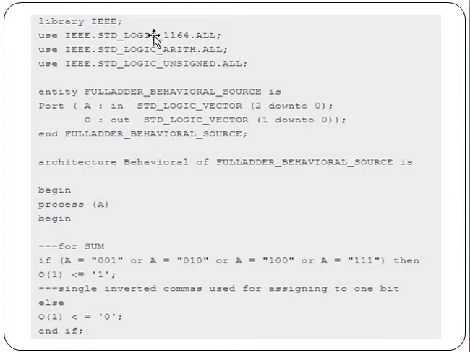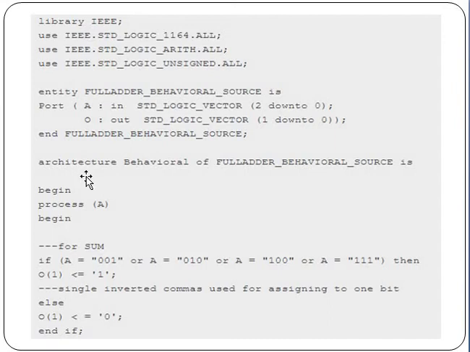Here we will use the IEEE library, and before going on to the behavioral modeling, we have to give the entity declaration. In the entity declaration we are giving the ports A and O, where A is the three inputs A(0), A(1) and A(2), and O has 0 and 1, which we will take as the outputs.